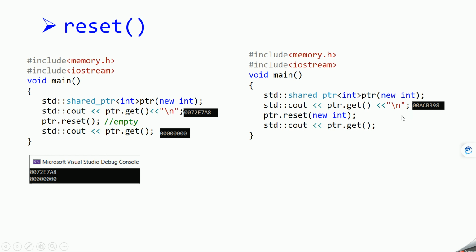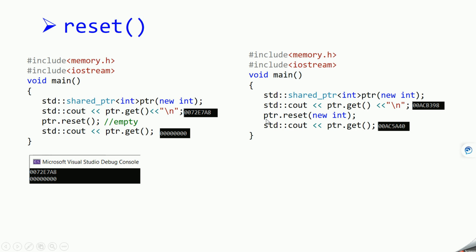Now with ptr.reset, we are making this ptr point to another memory location. Okay, so when we run this line of code, the output will be like this. So this is a different address.